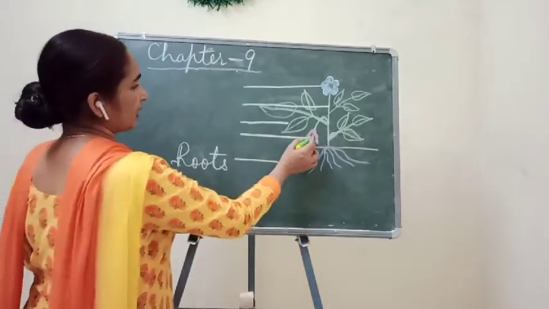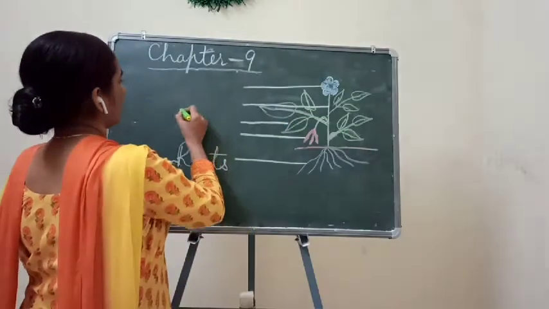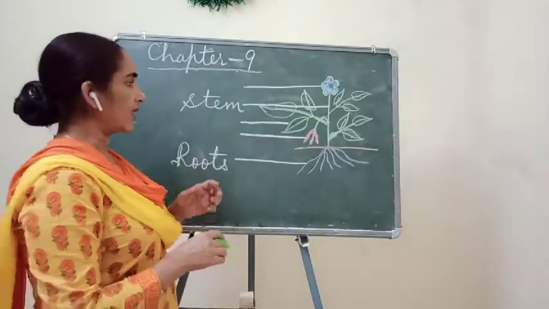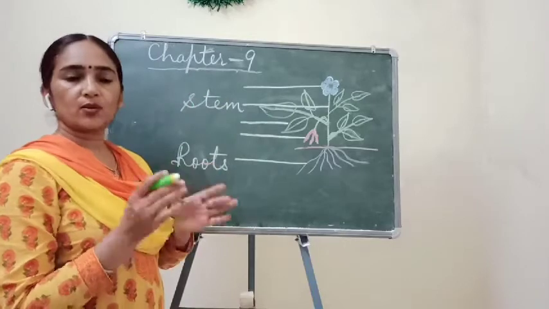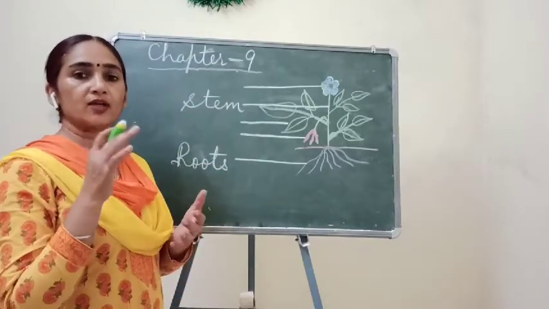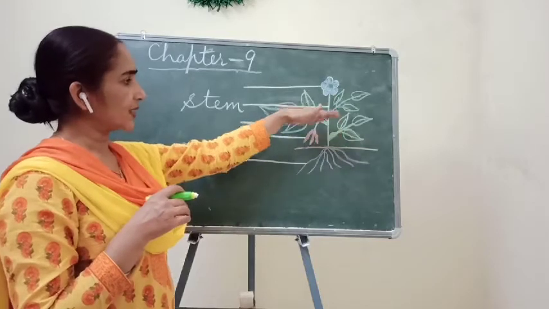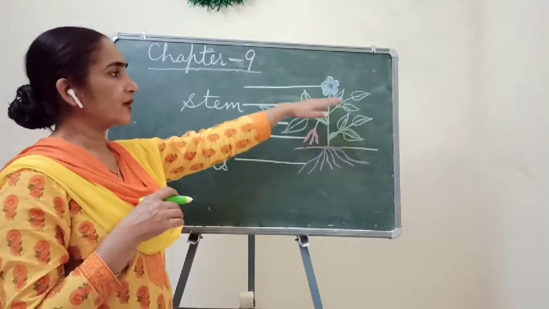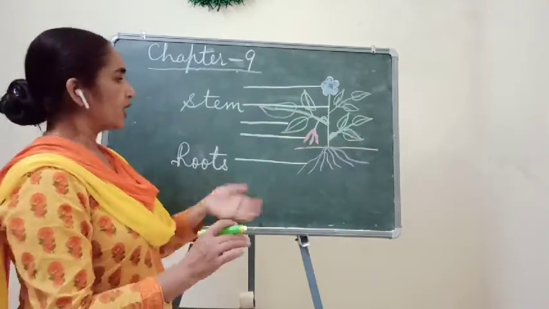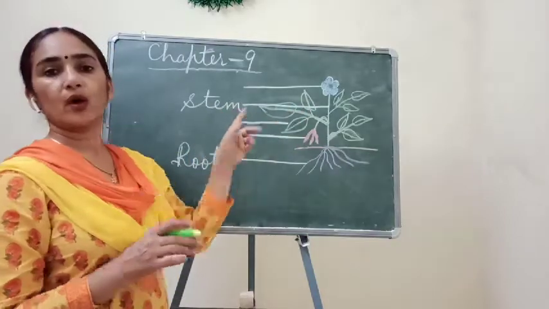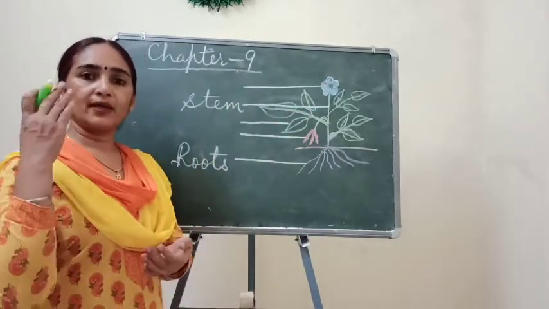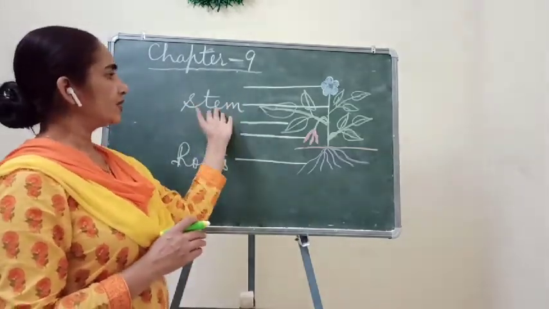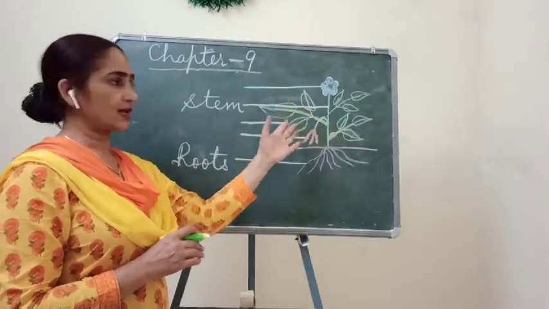And the second part is stem. So this is the stem part of the plant. And about stem also I explained to you that under shoot system, all these parts come under shoot system except roots. Means those parts which are present above the ground come under the shoot system. So under shoot system, I have explained to you about the stem and its modifications and functions. All these we have studied in the previous classes.